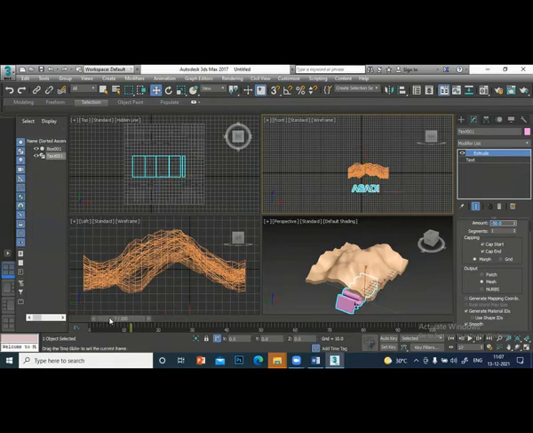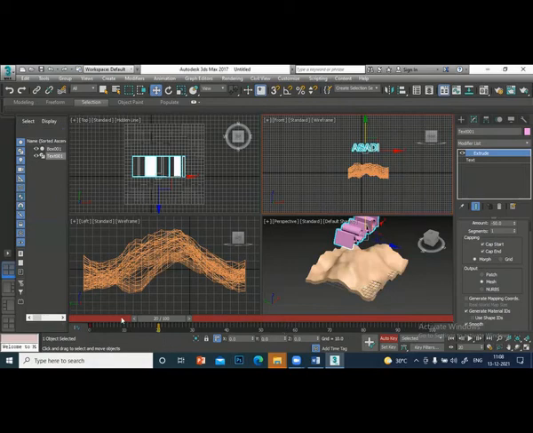Now I'll give a small animation for this. So what I will do is, are you listening? I'm going to give a small animation for this now. I will switch on this animation button here. Auto key, switch on this. Now I have 100 frames here. In the 0 frame, the text is down. I will move this to say 20 or 21. Move this up.